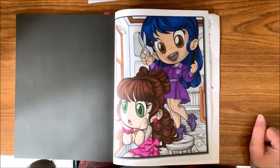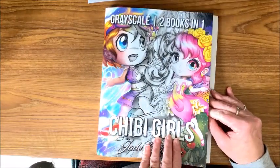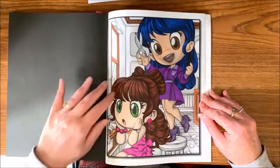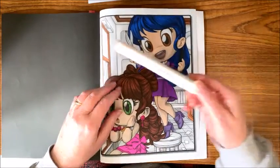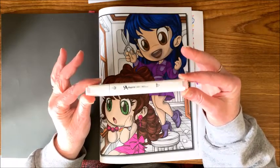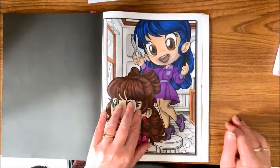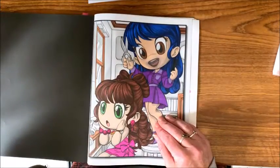This is part 2 of this color and chat from the Chibi Girls 2, the second Grayscale book by Jade Summer. We had started coloring this picture, and this is with the Aspire Color alcohol markers. So let's continue where we left off. If you remember in part 1,